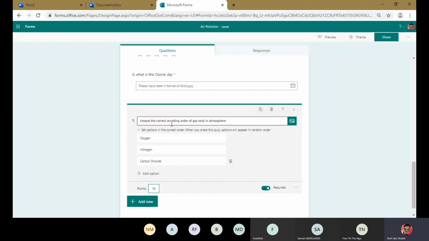Let me check. I think nitrogen is present in the most portion.